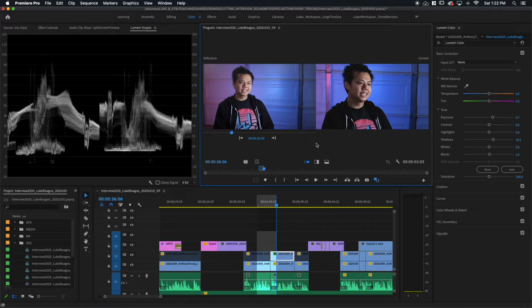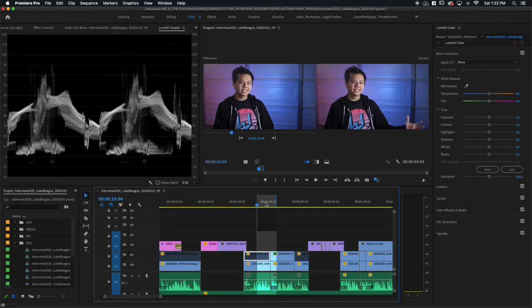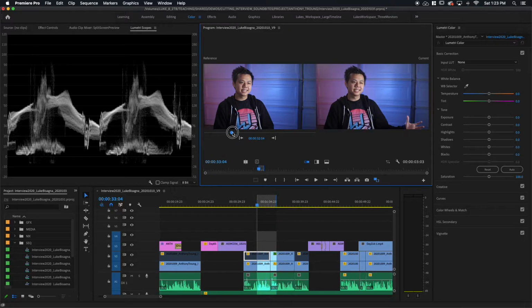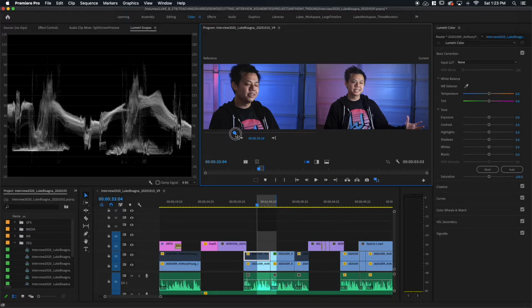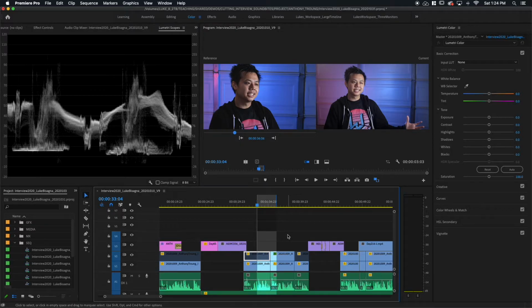So now I think what I'm going to do is reverse things. I'm going to move my playhead to the other image, and then I'm going to switch the comparison shot to the close-up. So I want to make sure I have my wide shot selected here, and you can see by default Premiere decided to select the disabled close-up shot on top here. So I'm going to make sure I have my active wide shot selected so that when I make some adjustments, I'll actually see something happen over here.